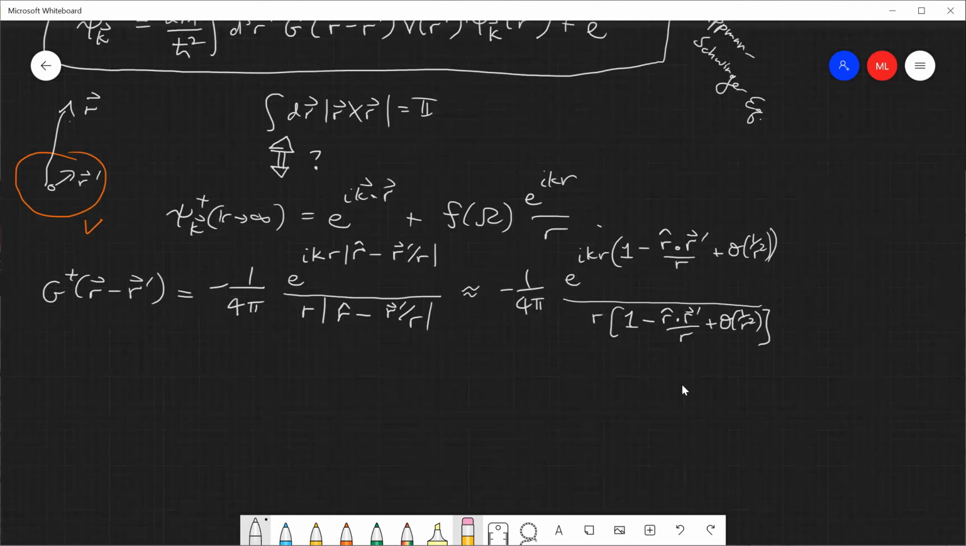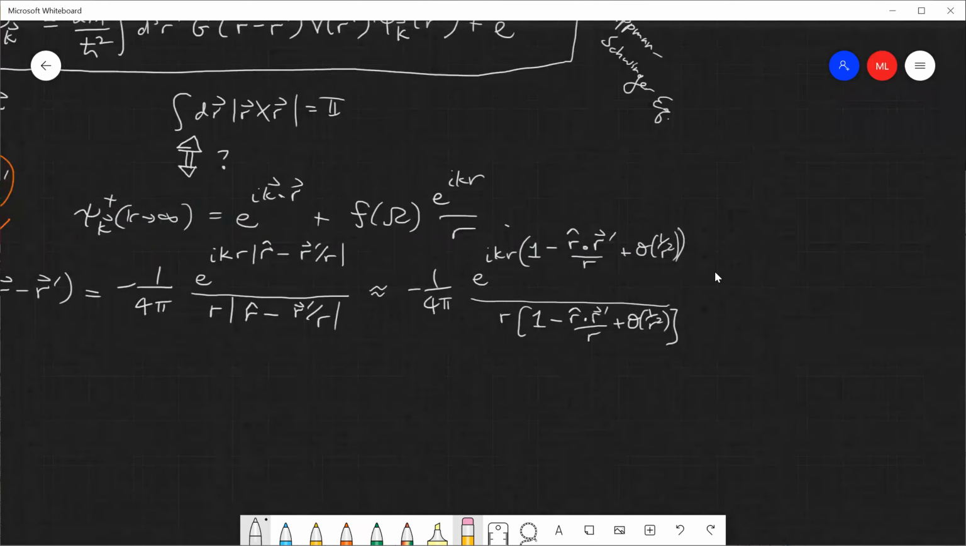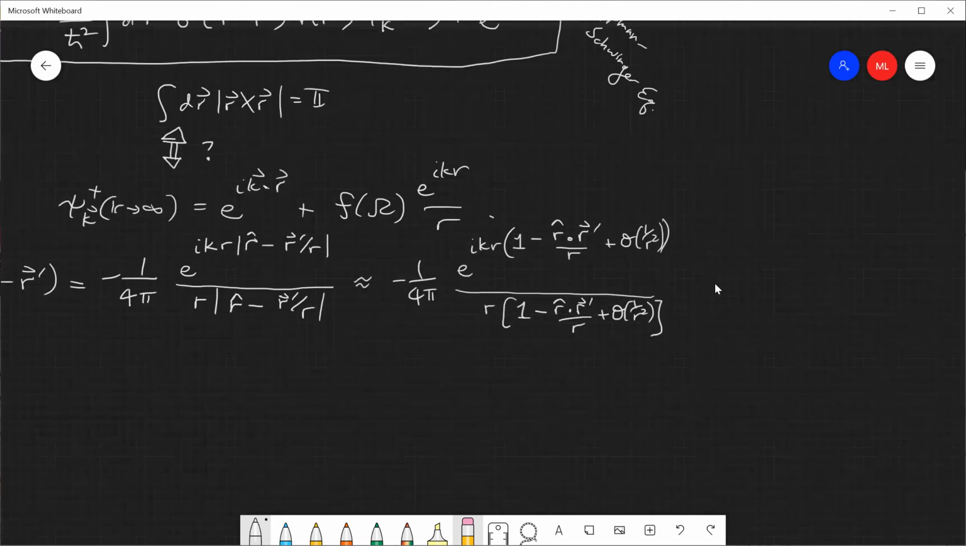Okay, so good. And now in principle, we could approximate further. So we dropped all these terms, and now we're going to drop this term. But we should still keep around the term that's in here,